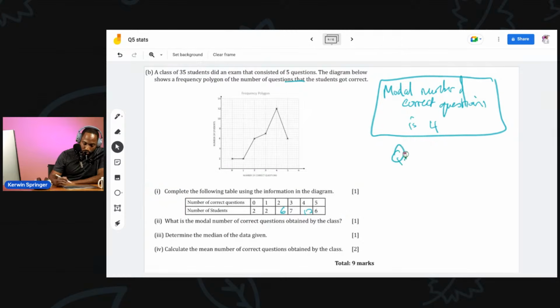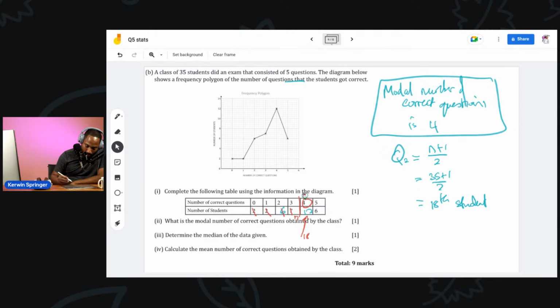Median is Q2. The second quartile is the birth certificate name for median. Q2, quartile 2. And you find it by saying n plus 1 over 2, or half of n plus 1. And n is 35, plus 1, over 2. So that's 36 over 2. So that's the 18th student. So it's the 18th student when you line them up in order. So we can go from the top, or we can go from here, and we cross it out until we reach 18. 2 and 2 is 4, and 6 is 10, and 7 is 17. The 18th student is found in